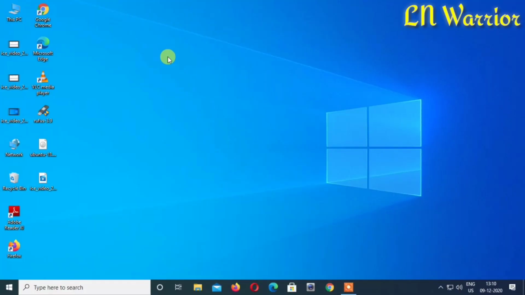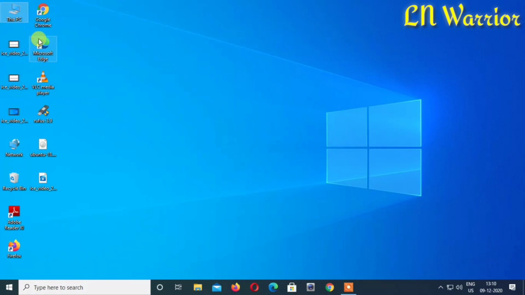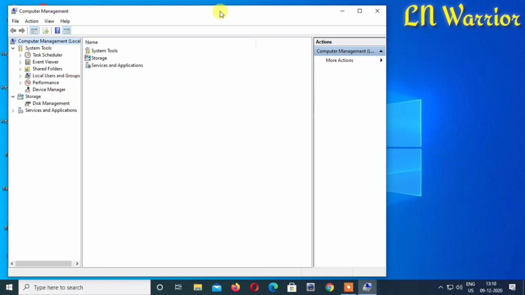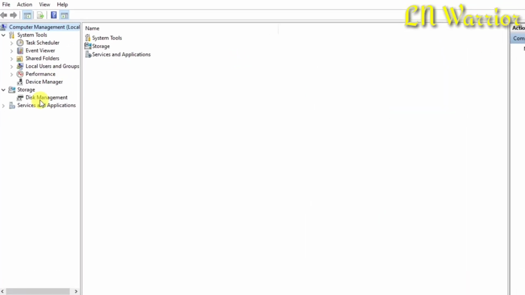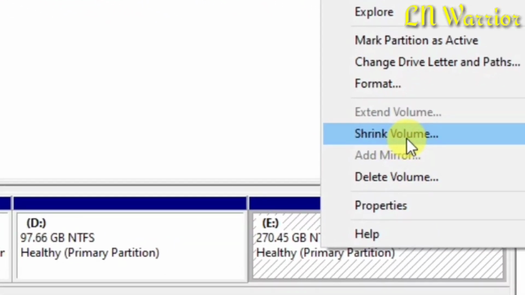So guys, let's start. First we have to create an unallocated space by shrinking any drive, for which we just right click on My Computer and click on Manage. Here you see a window, so click on the Disk Management option, and here you see your hard disk with its partitions. Just right click any drive and click on Shrink Volume,